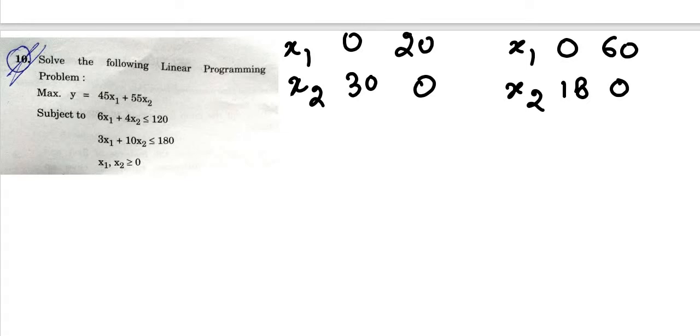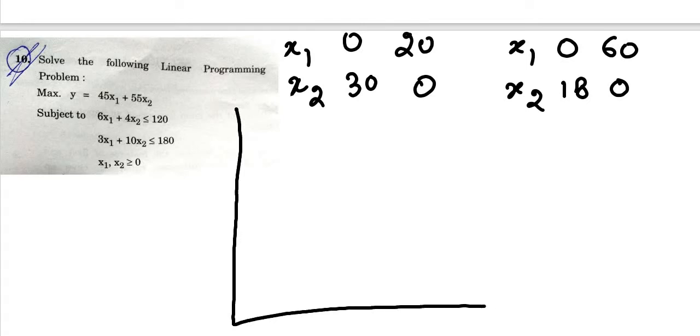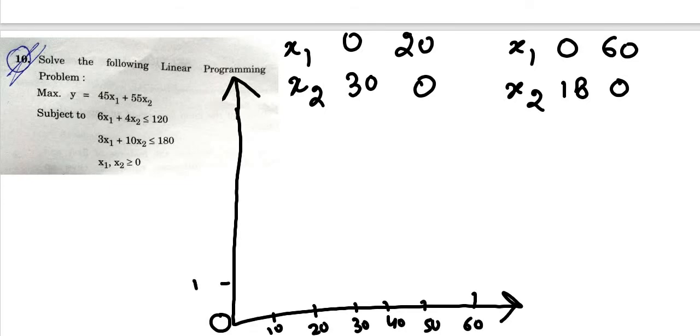This is the y-axis and this is the x-axis. I'll show you the final graph properly also. So we'll write here 0. And what values do we need to take here? We can take a gap of 10: 10, 20, and in the same way we can write here like this.